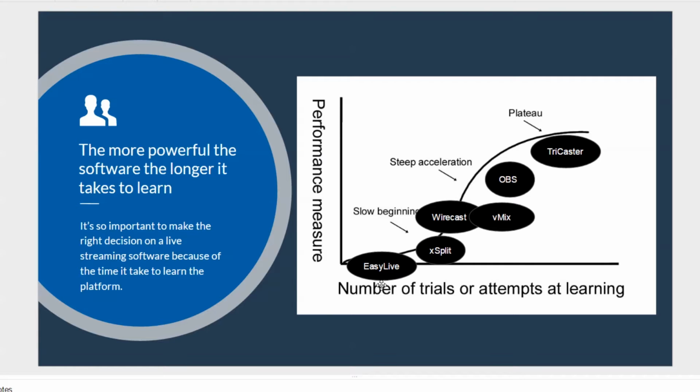This is, again, another look at what we were looking at in the last course. Here are those easy to use live streaming software versus the harder software. You usually have a slow beginning, but then you have steep acceleration where you start learning something and you feel great. You're getting to know the software, you're using it really well, and that just gives you an idea of how it does take time to learn this stuff, and you don't want to start over with a different piece of